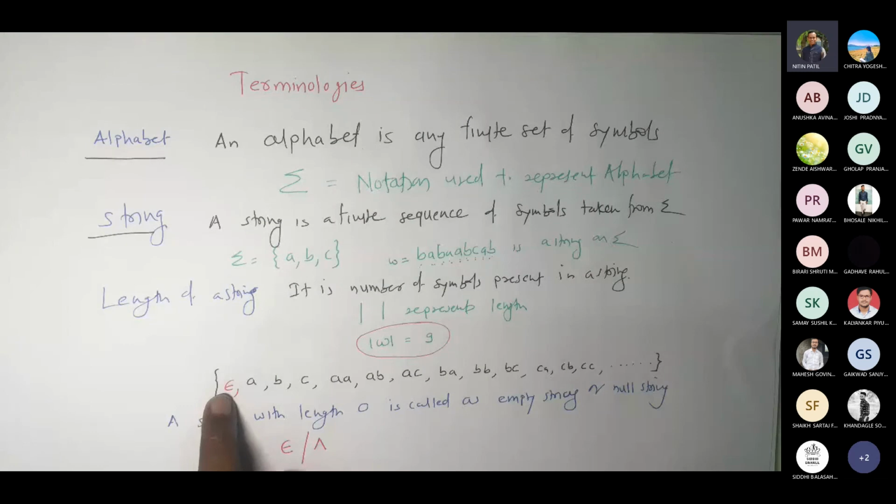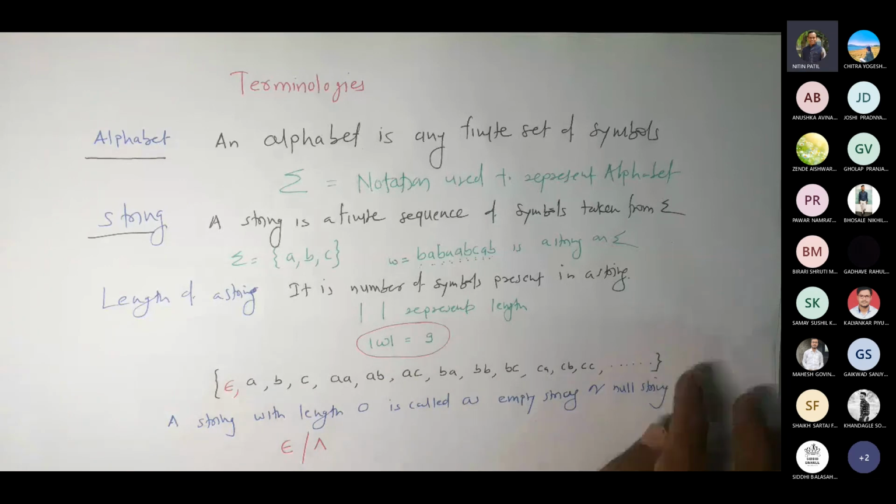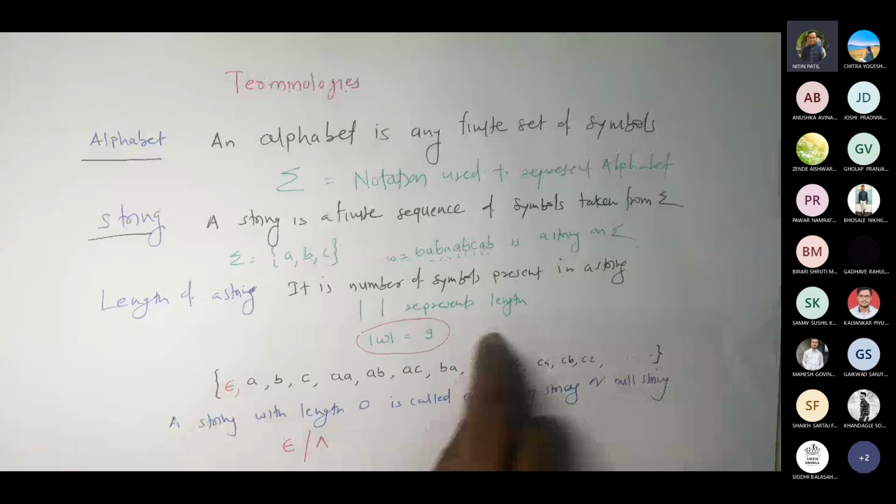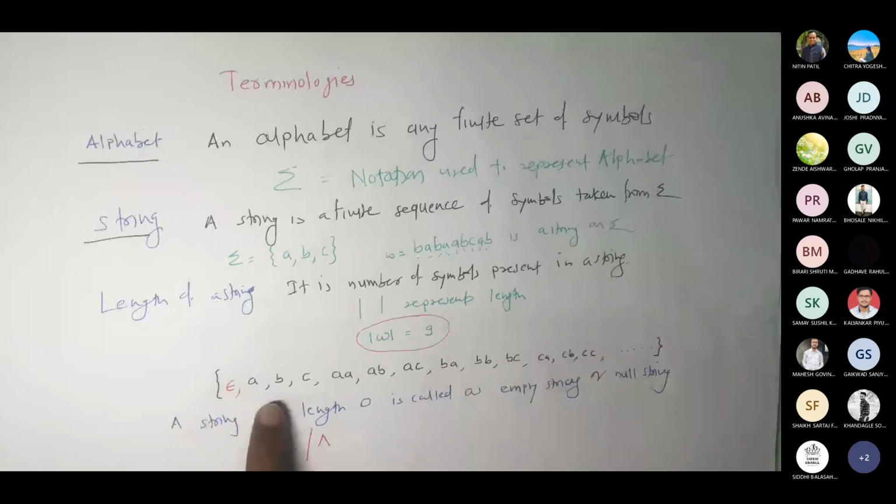So if I have to add length 0 here, as this is a varying length, why not start with 0? If I start with 0, then I write epsilon, then A, B, C, AA, AB, AC, and so on. I can go on, so this would be an infinite set. Now what will you call this set, in terms of varying length? What will you call this then?